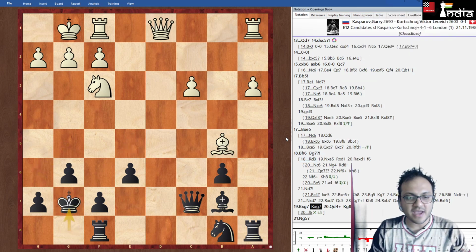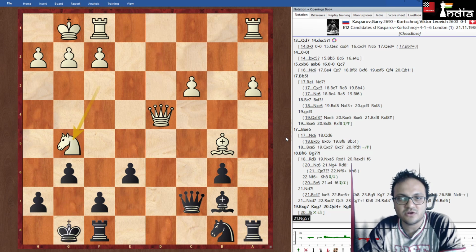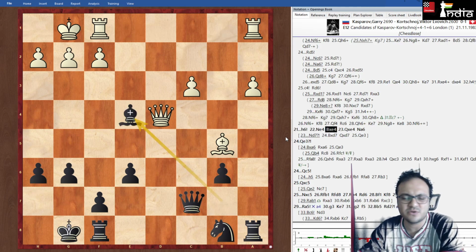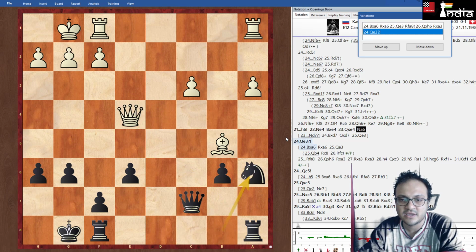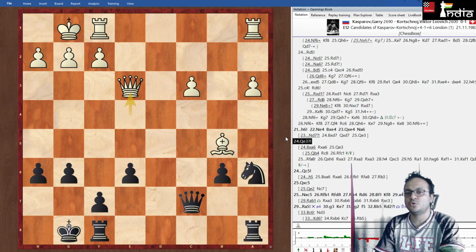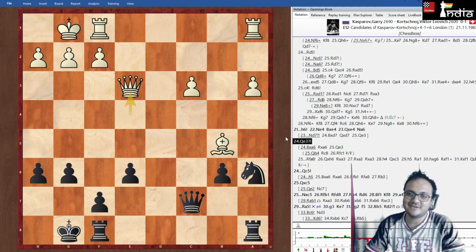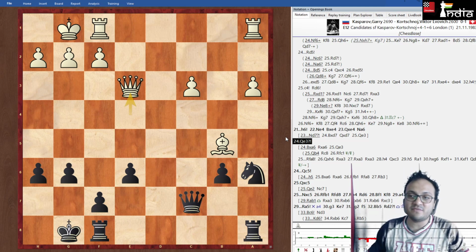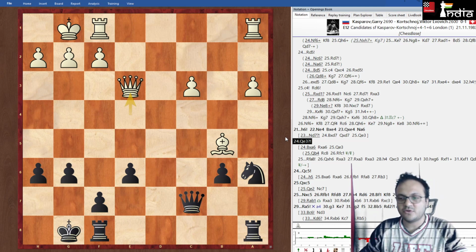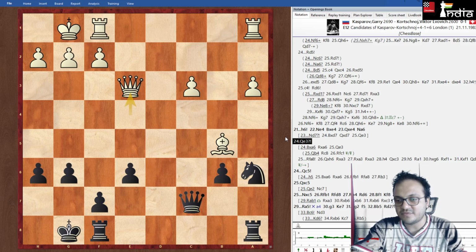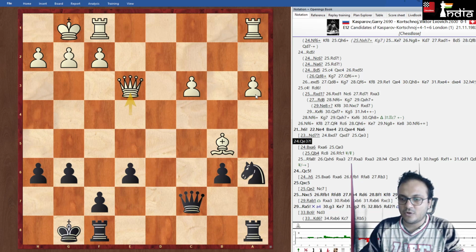It was a nice game actually, and I think it was one of the first games between Kasparov and Korchnoi, and Korchnoi managed to win it. It was in the candidate semi-final, but then Kasparov subsequently won many of their battles. I hope that you were able to understand this concept, but also how to use mega database to prepare.